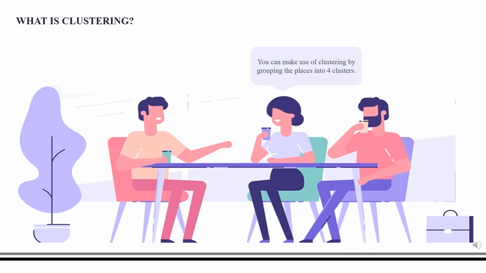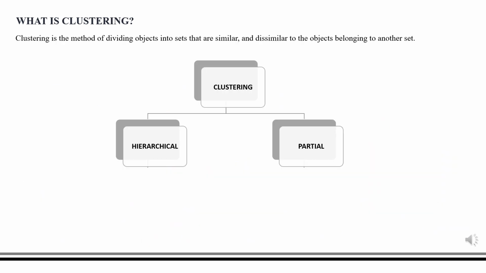We can come to a solution using clustering and grouping the places into 4 sets or clusters. To determine these clusters, places that are nearest to one another are grouped together. The result is 4 clusters based on proximity, allowing you to visit all 20 places within your allotted 4-day period. Clustering is the method of dividing objects into sets that are similar and dissimilar to the objects belonging to another